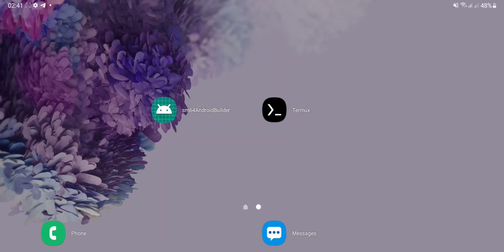Hey everyone, so in this video I'll show you how to compile Super Mario 64 for Android with Render96 support currently. This process may change in the future, but this is how it works right now. This will use DynOS